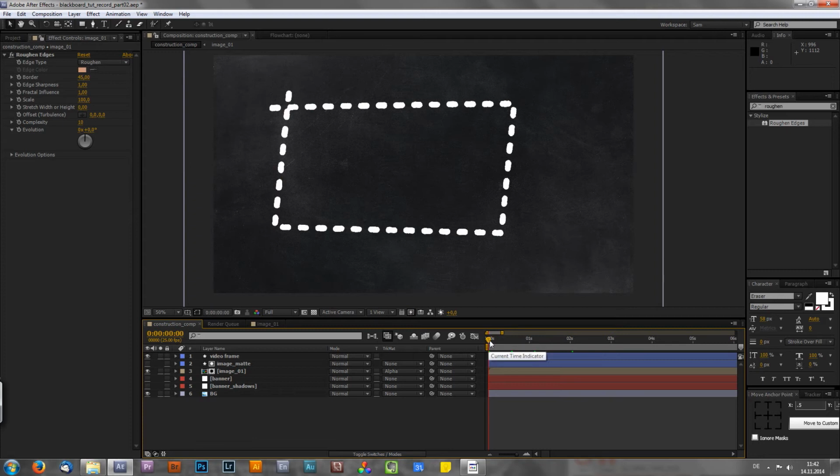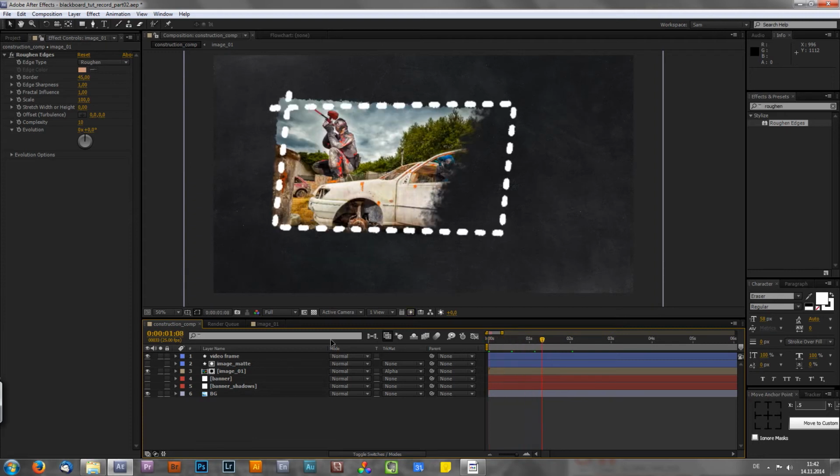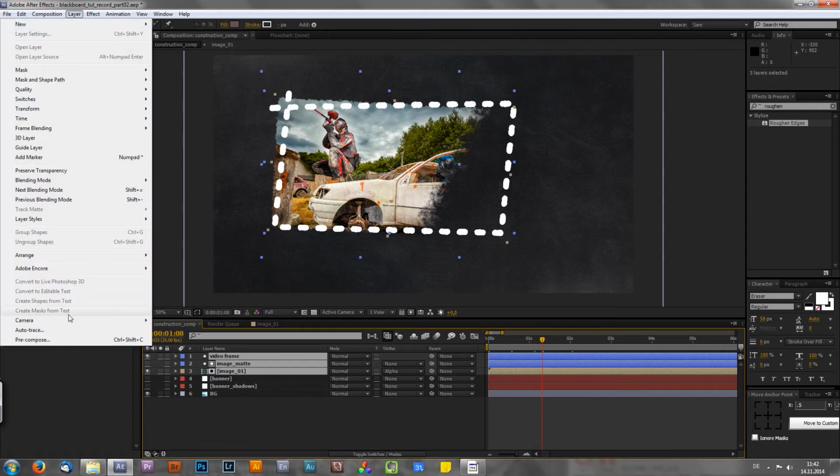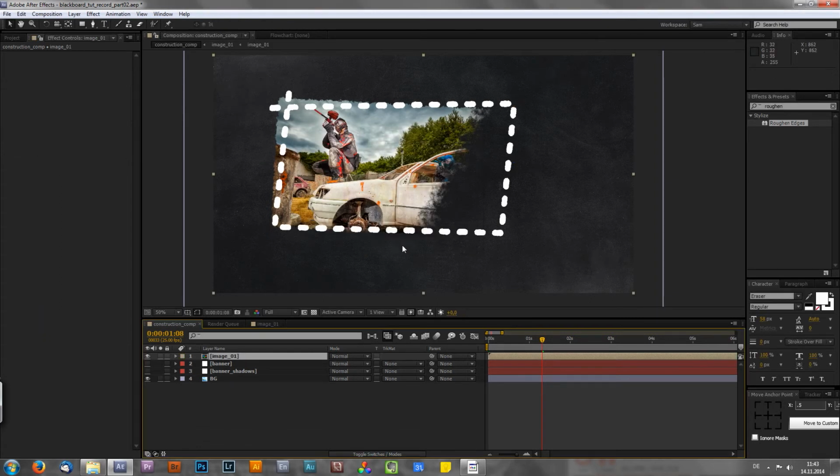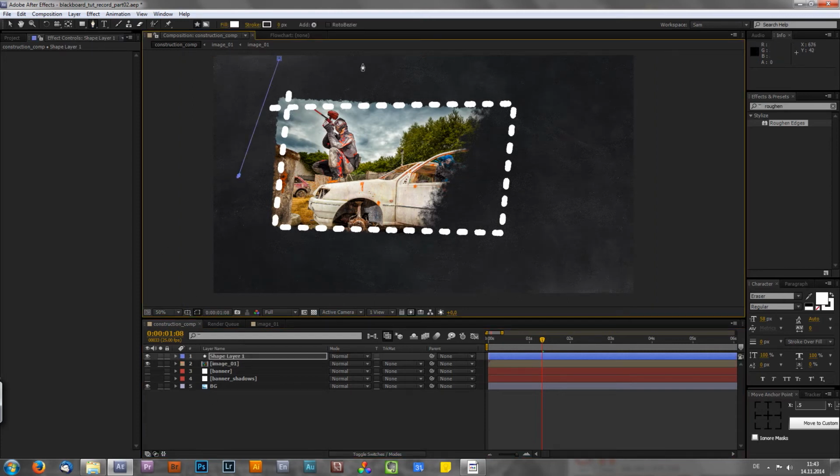So after you've created or finalized your image or video animation, you can now select the video frame, your track matte and your image, then go to Layer, Pre-compose. Again, call it, for example, image number 1. Okay. And now we want to again deselect all layers and again create something like before, so just a very